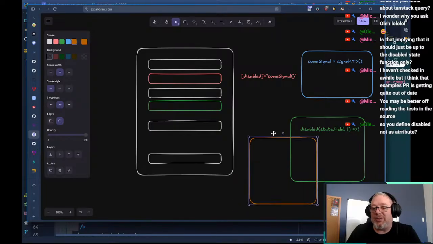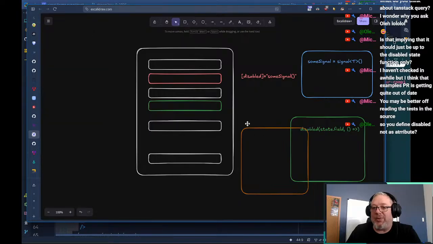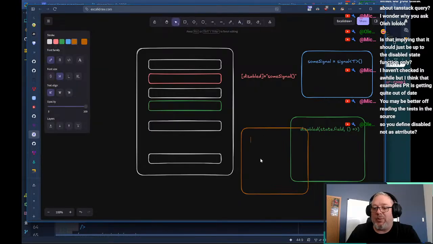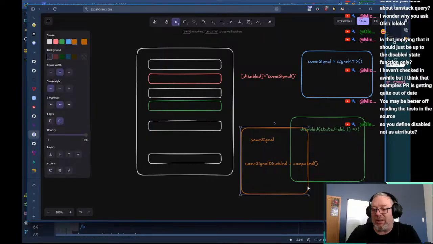If we move it to a signal store, now we've got some signal in our signal store, but we've also got some signal disabled equals computed, right? And then our binding becomes,